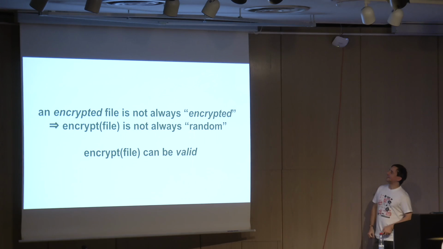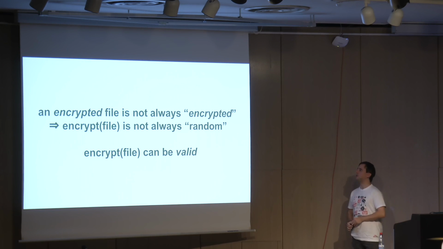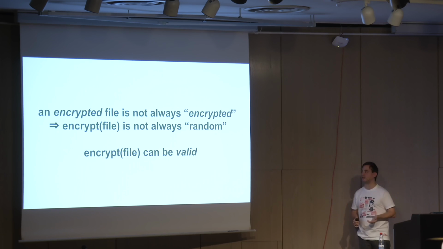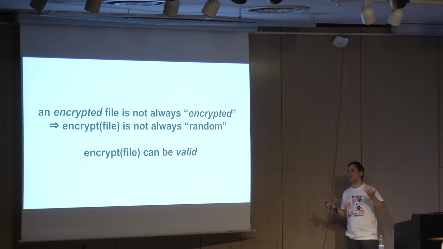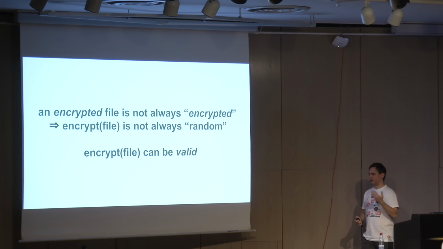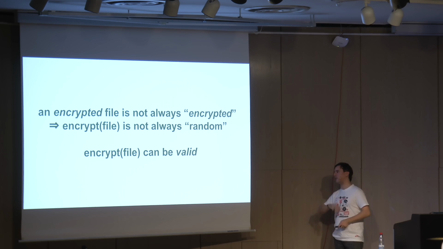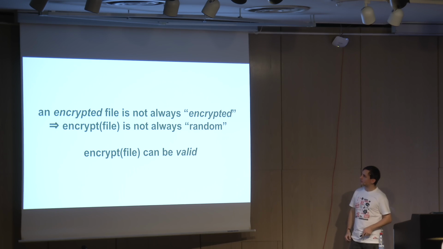That's me. I'm a normal guy. Okay, now let's change a bit from file types and move to crypto stuff. And the important thing is that usually when you encrypt a file, you think that the result is encrypted in the sense that it looks random. So the operation of encrypting a file is usually thought of as being random, but it's wrong, as you saw in the introduction, and the result of encryption can be valid. So I'll try to introduce that quickly without all the advanced details. I did another presentation on that before.